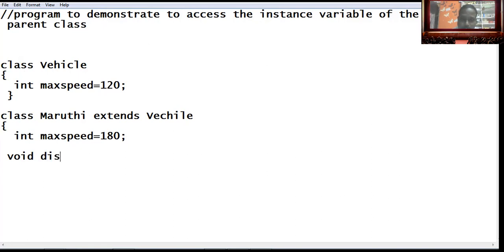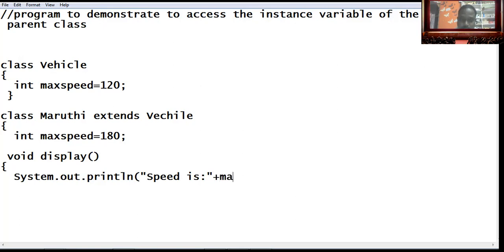System.out.println, "speed is" plus max speed, right.